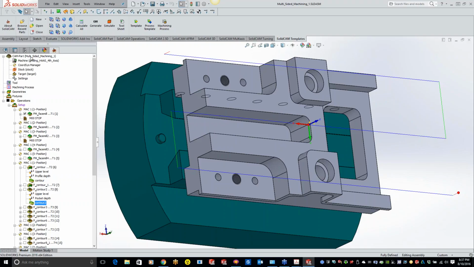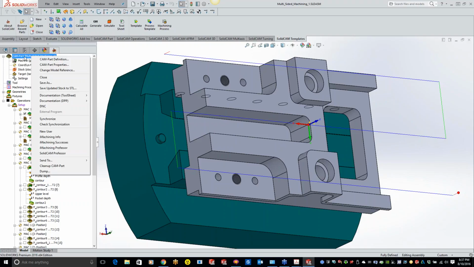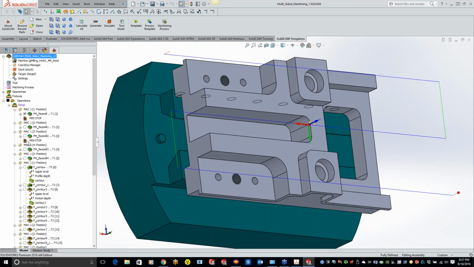CAM part tab. So up here. Sorry guys, I'm just trying to figure out what the CAM part tab is. Okay, no, not there. SolidWorks tab.